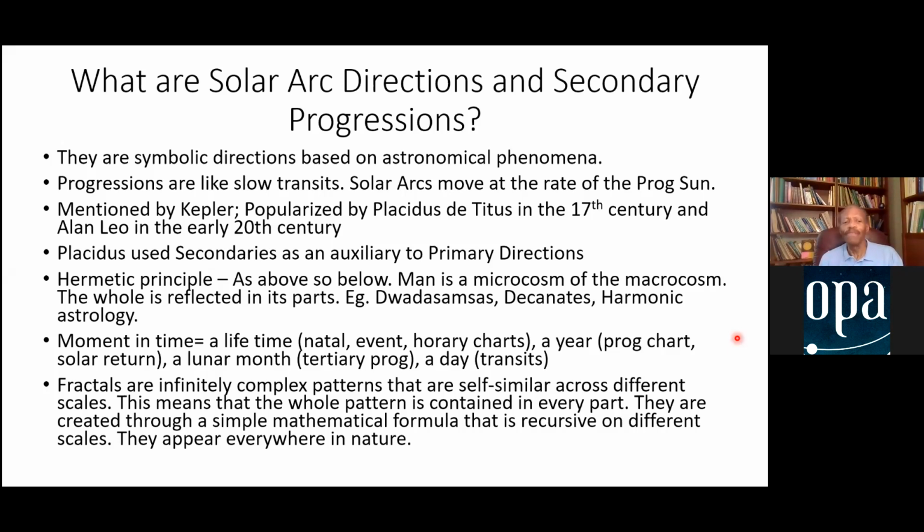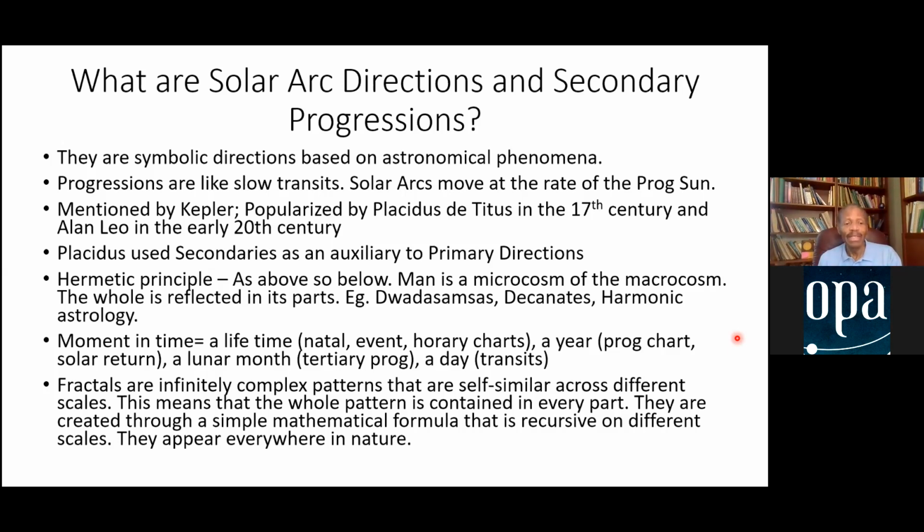Now, one of the fundamental guiding principles of astrology is the Hermetic principle: as above, so below, that man is a microcosm of the macrocosm, and that the whole is reflected in its parts. And from this, we derive many of the concepts of astrology, such as the Dwadasamsas and the decanates and harmonic astrology. And also the idea that a moment in time can equal a lifetime in terms of a natal chart or an event chart or a horary chart. Well, a moment in time can equal a year, the progressed chart, or solar return, or a lunar month, tertiary progressions, or a day, transits. In the 1980s, a mathematical theory called fractals began to